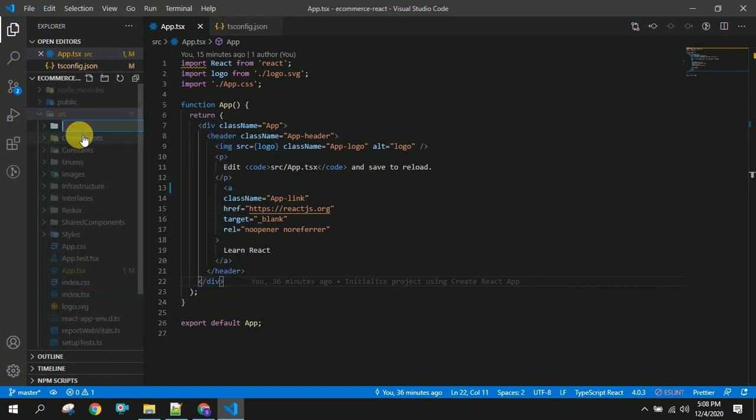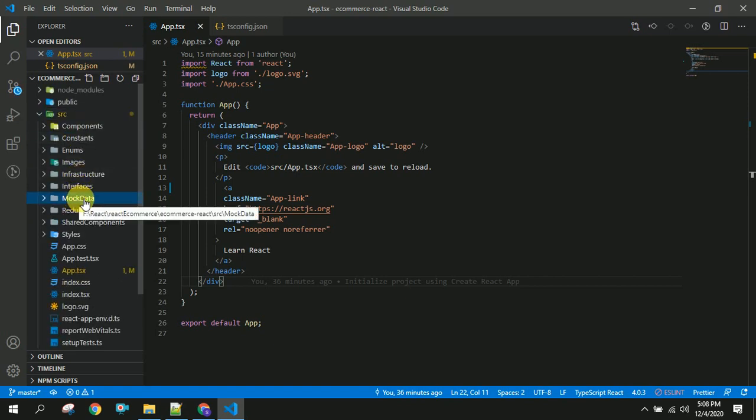Next thing is mock data. So in this mock data folder, you will be creating different files which consist of some static data. If you consider a product screen, you will be having different images and different text. So we will be creating a separate JSON file for the products in this mock data, and we will reuse that instead of calling from the API.